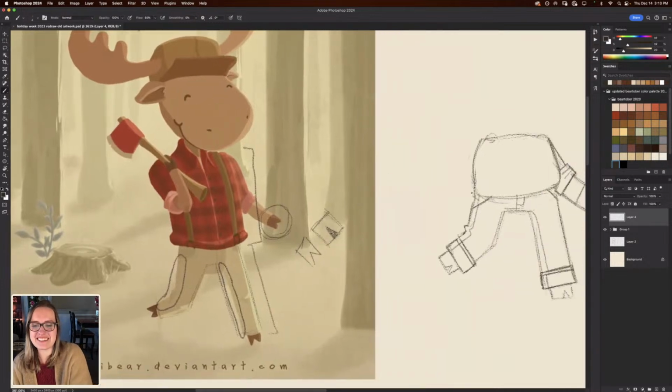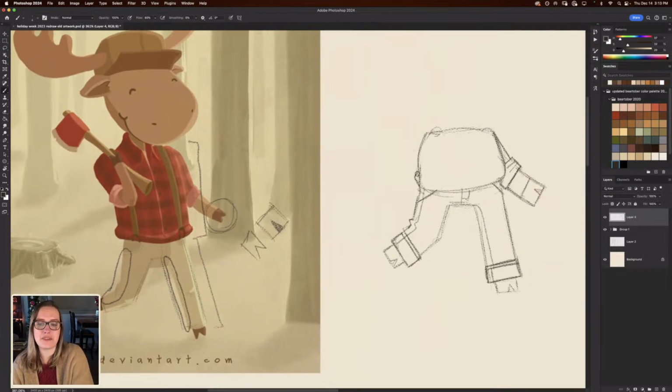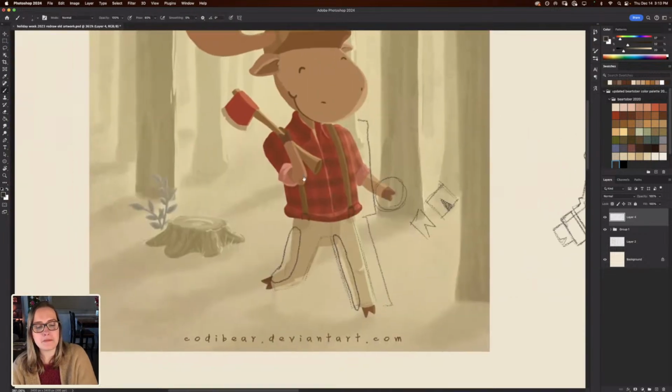So let's not draw a sagging muffin top. I do still draw a little bit of the muffin top shape for the shirts that are tucked in. But the difference with the shapes is that I make sure the bottom line is pushing upwards like this, whereas this shape is pushing downwards.